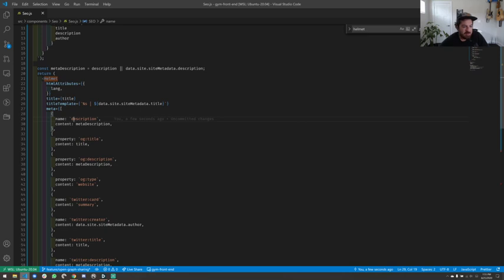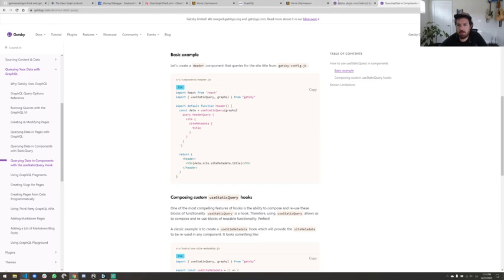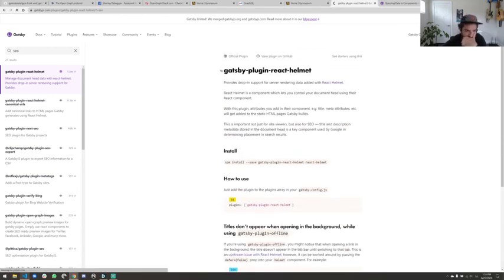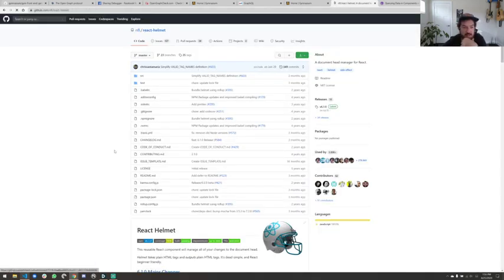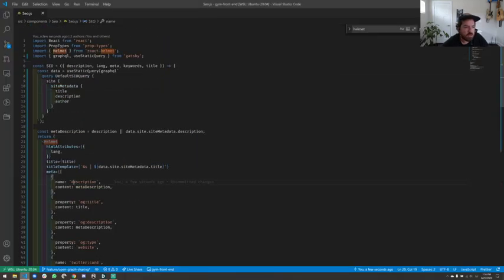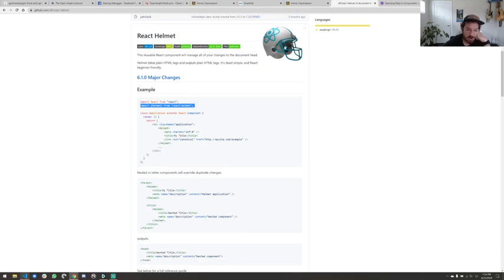Now we're going to look at Helmet's implementation, and I think they've redone this meta a bit. So let me quickly jump in there and read through that and explain what the difference is. In React Helmet, version 6 of Helmet, I believe, added a new implementation. That's the one that now requires the import of Helmet to look like that, which we are using. Before you could just import Helmet like this, but that no longer works. So in this version, we can just drop the tags that we want underneath the Helmet tag.